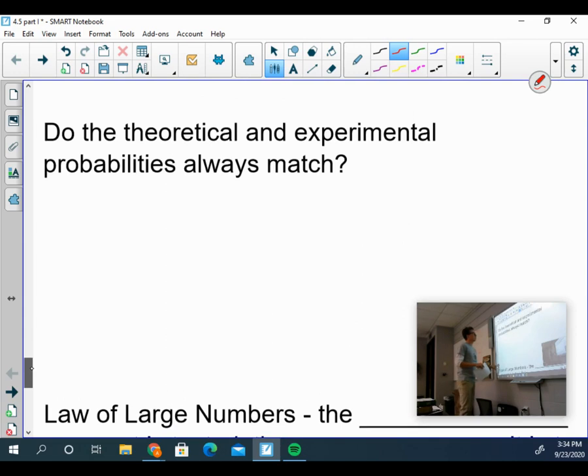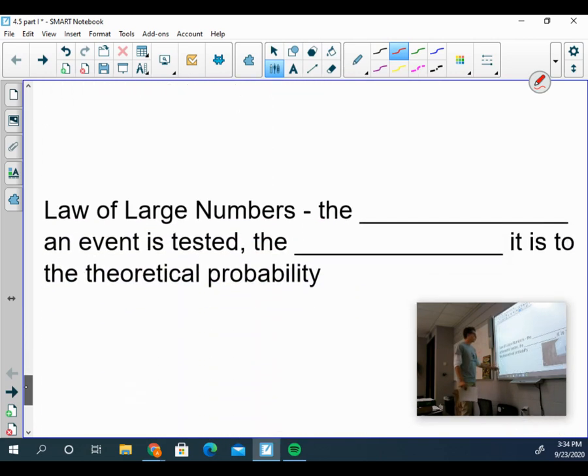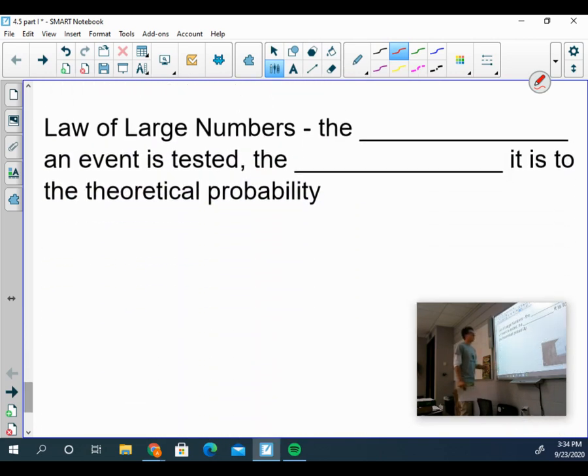Next topic we're going to jump into: do the theoretical and experimental probabilities always match? Let's say I go to flip a coin, and we know the theoretical probability is 50%. And I flip it 4 times, and I get 4 heads. Does that mean probability is wrong? Well, not quite. You see, we come up with theoretical probability largely based on this idea of the law of